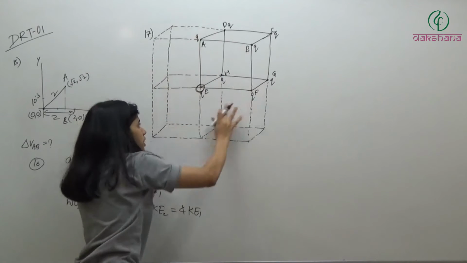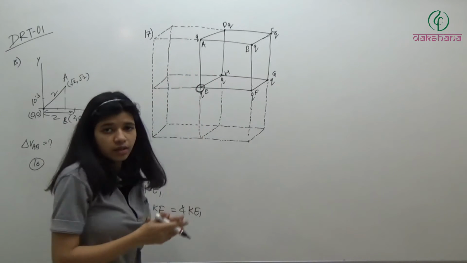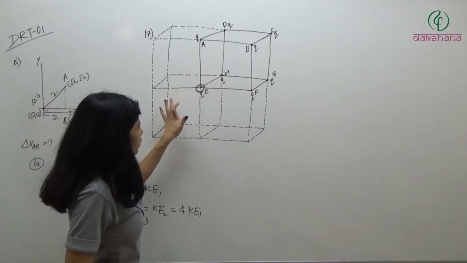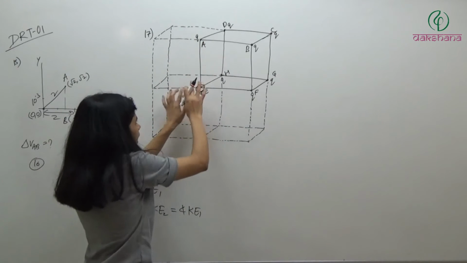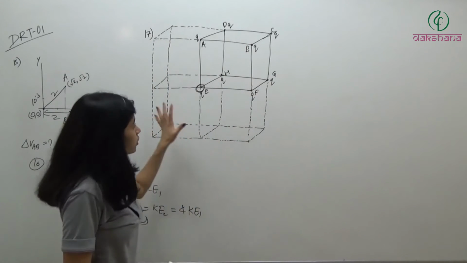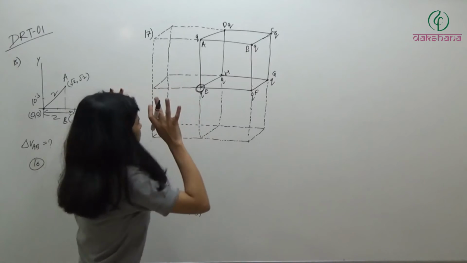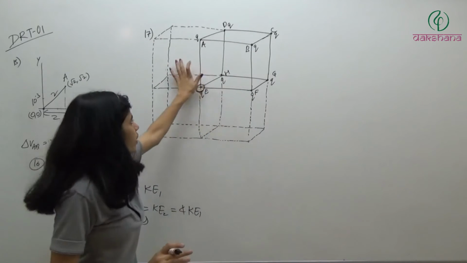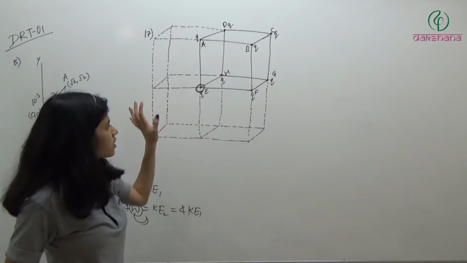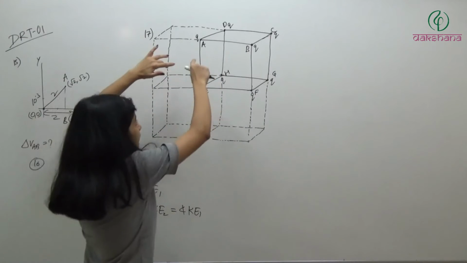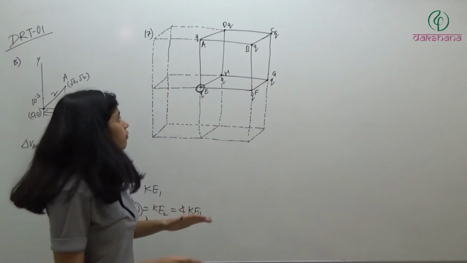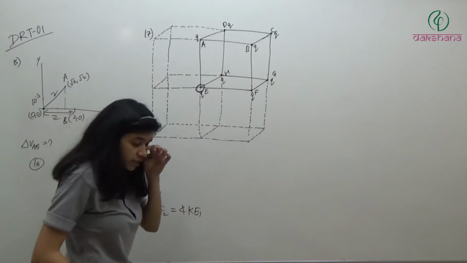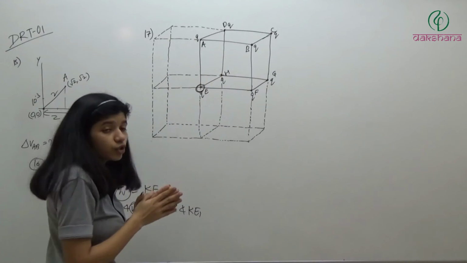Now a similar structure on top of this. So how many cubes do we have? 1, 2, 3, 4, 5, 6, 7, 8. है ना? These are inside, and there will be another set of this particular structure on top of this. Clear? So 1, 2, 3, 4, 5, 6, 7, 8. So now we have a bigger cube which has 8 cubes in it.